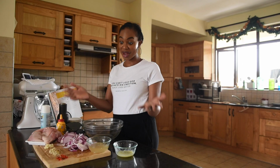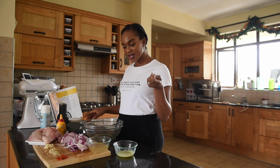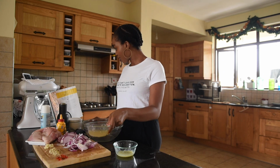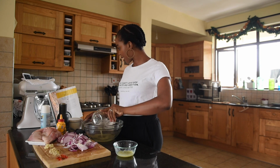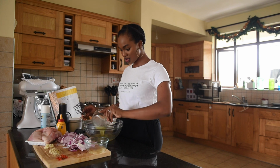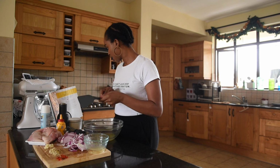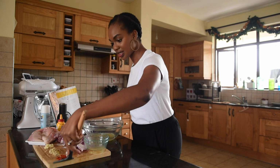So now that I have prepped all of my food, it's actually time to get started on the marinade. So we need to whisk the broth, the lime zest, and so this is the broth, this is the lime zest and juice, and add the garlic, ginger, and chili. So I'm going to just